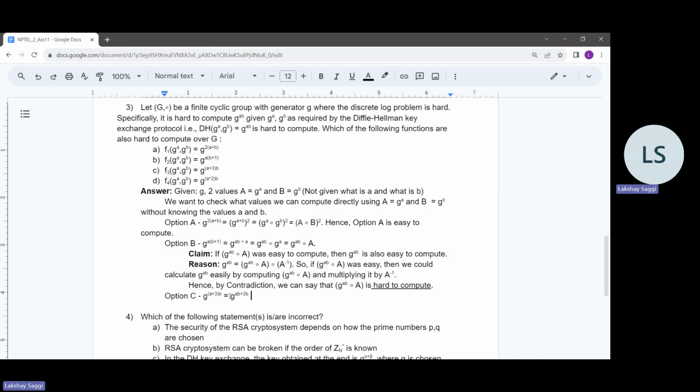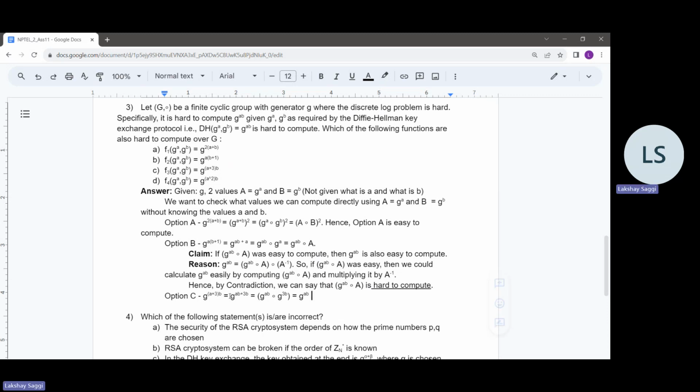And this can again be written as g raised to the power ab times g raised to the power 3b. So which is nothing but g raised to the power ab times